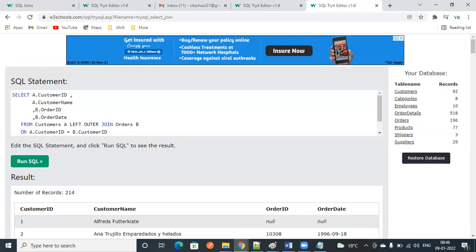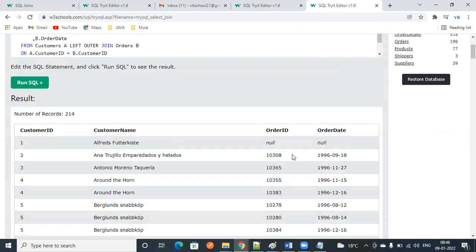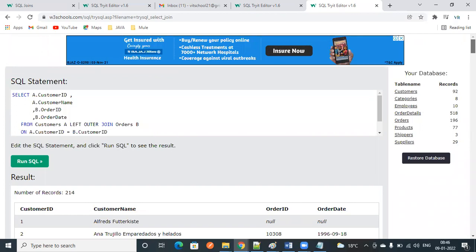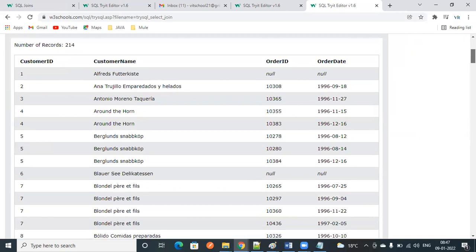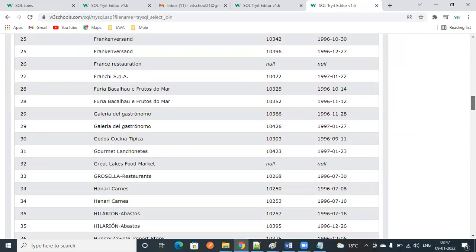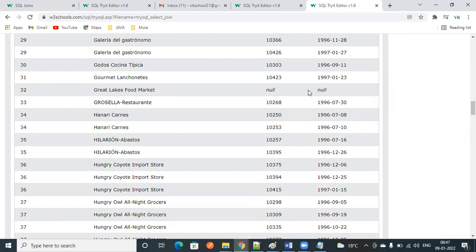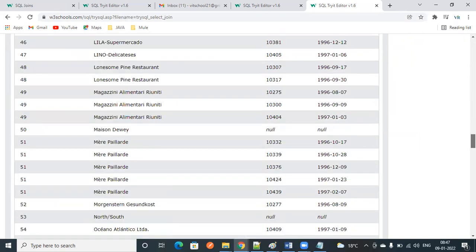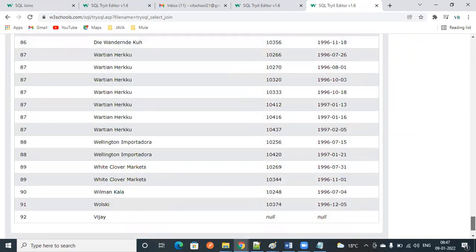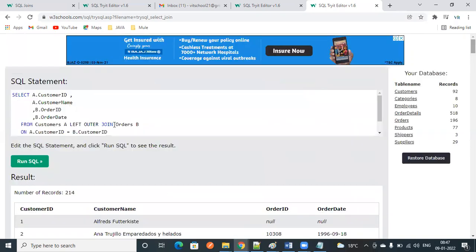See here. You can see some null values because it is not matching. So what is the theory for this? First it will display all the values from the left side table. Okay. If the rows are not matching, then it will display null. See, there are some rows that are not matching, so it is going to display null. See, this is the difference between inner join and left outer join. You just need to change only this, but you have to understand the theory. Okay, what will